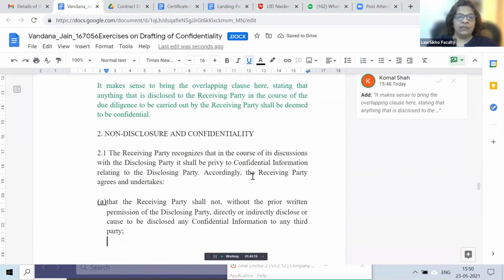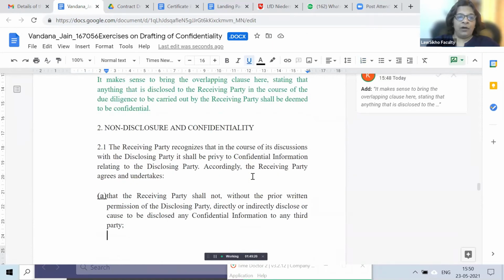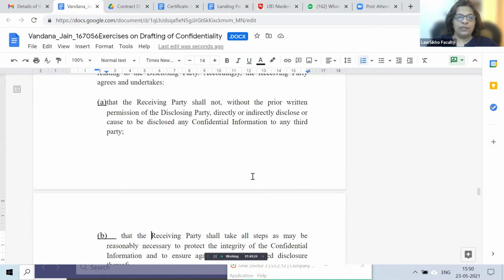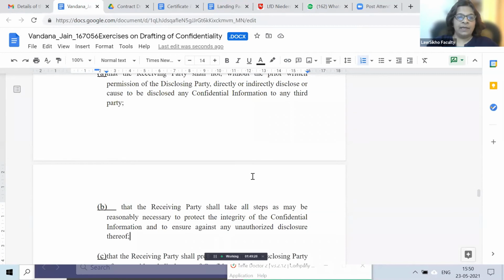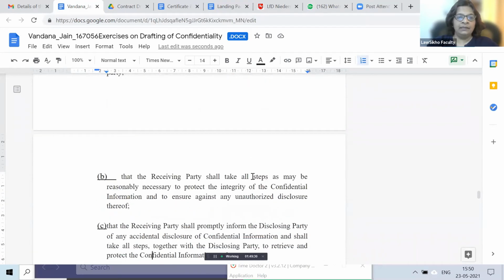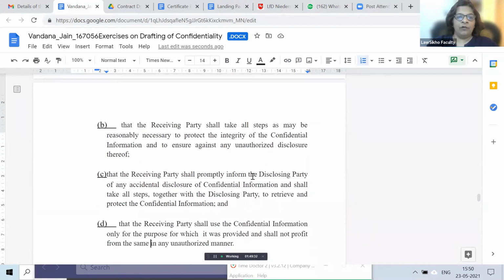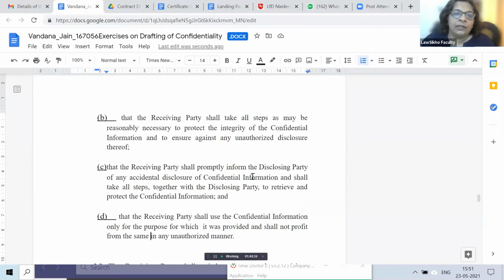Okay. So it will not, without the prior permission, directly or indirectly disclose or cause to be disclosed the confidential information. It will take all steps to protect integrity. It will promptly inform disclosing party of any incidental disclosure. Receiving party shall use it only for the purpose for which it was provided, not profit from the same in